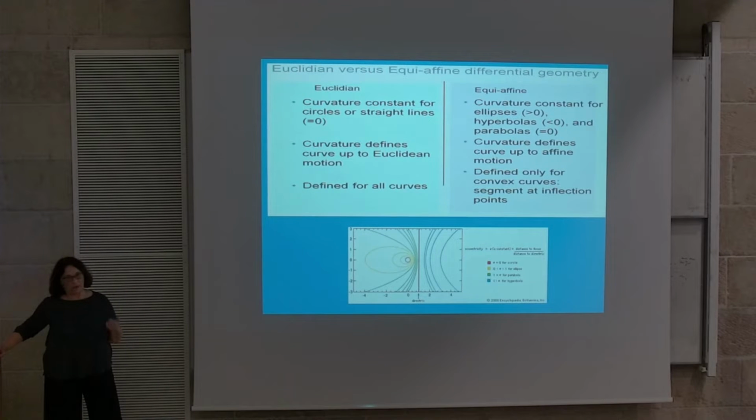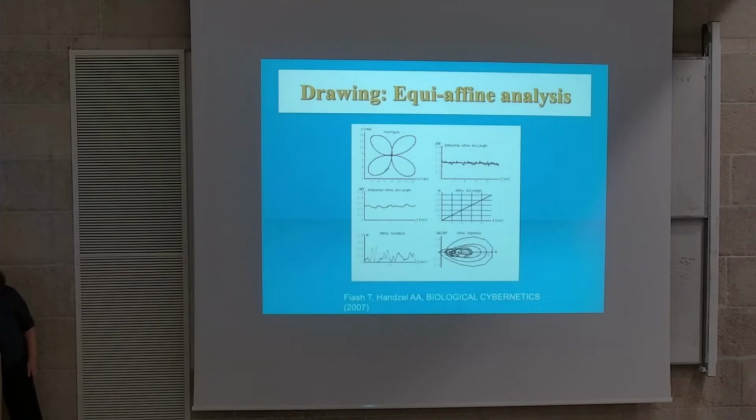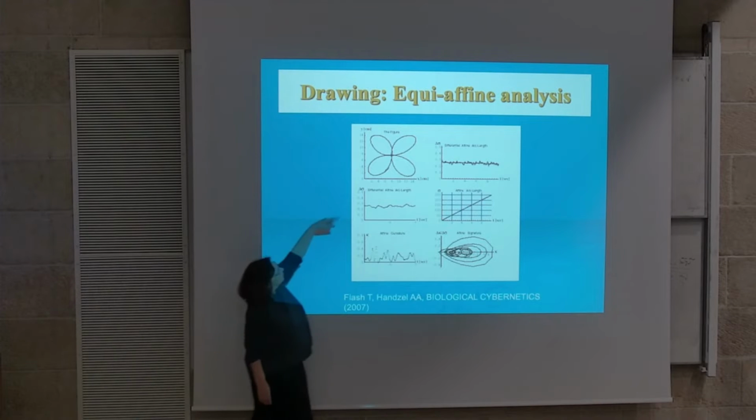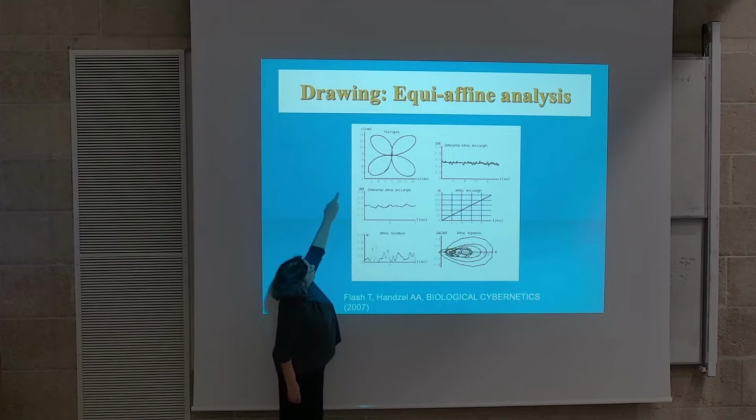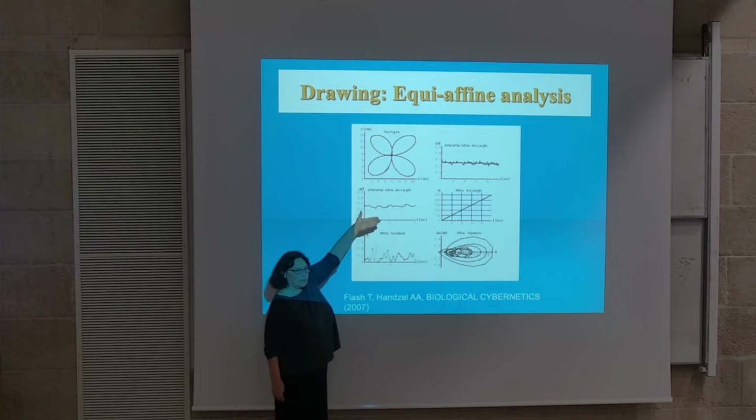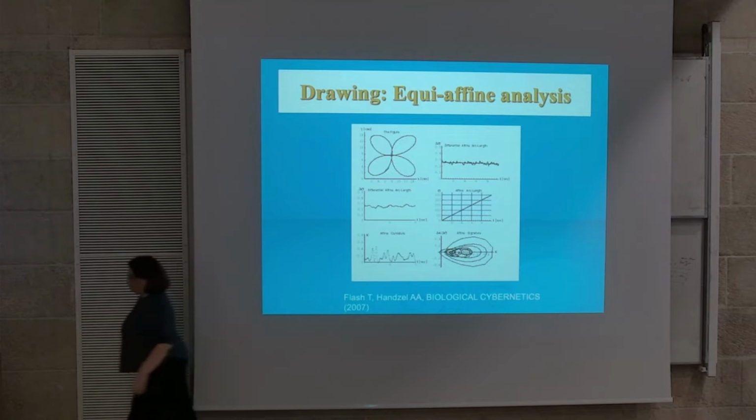We also have a measure which is called equiaffine curvature, okay? And it can be constant. For an ellipse, it's a positive constant. For a hyperbola, it's a negative constant. And for a parabola, it's zero, okay? So this is just showing here. And when I use this kind of measure and I looked at human velocity, human movements, I see that this complicated trajectory has a constant equiaffine velocity along it, okay? So I can generate very complicated trajectory with having a constant equiaffine velocity.